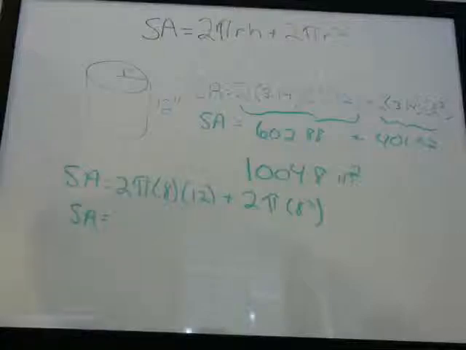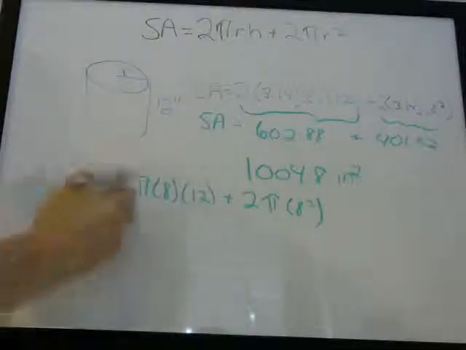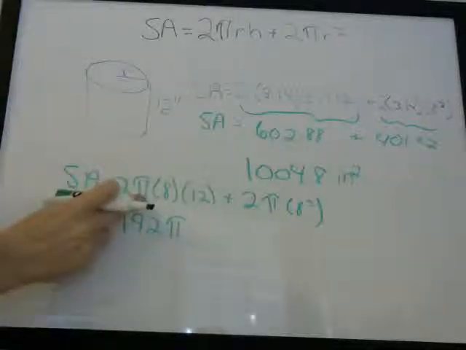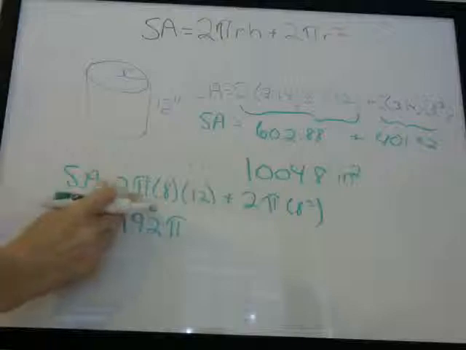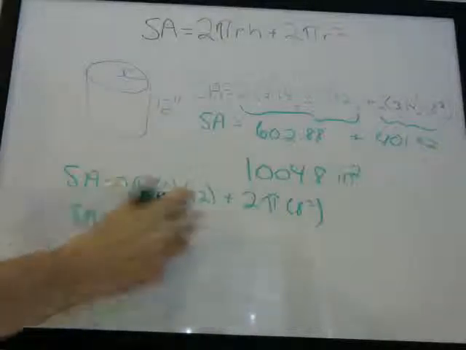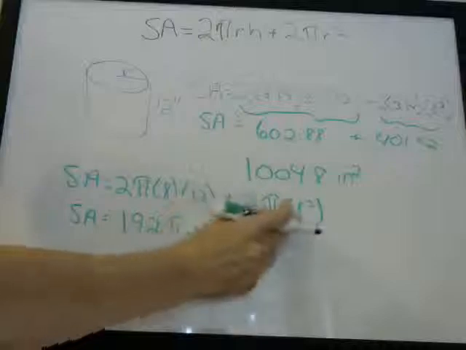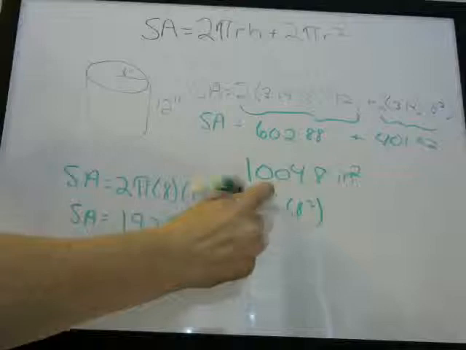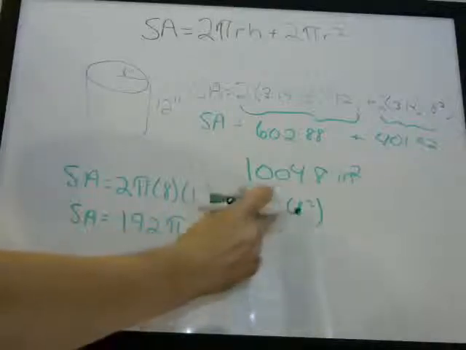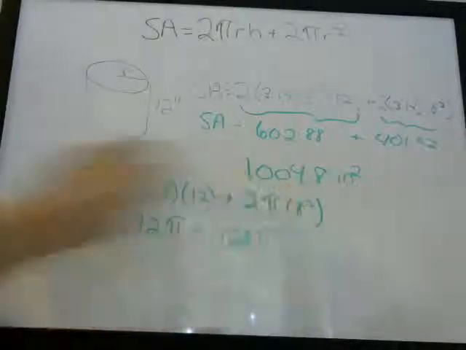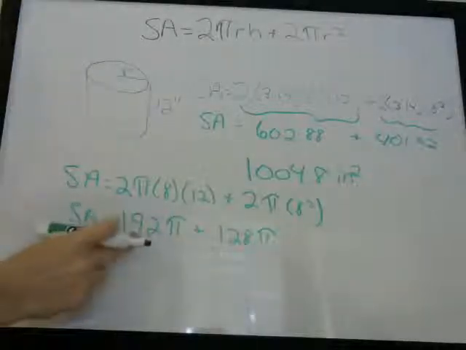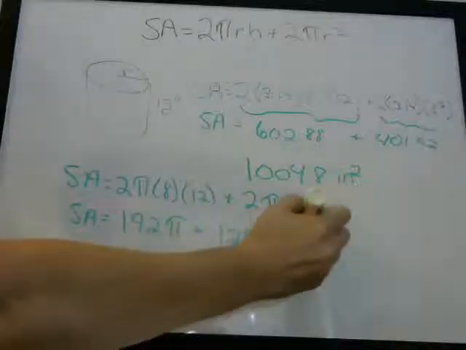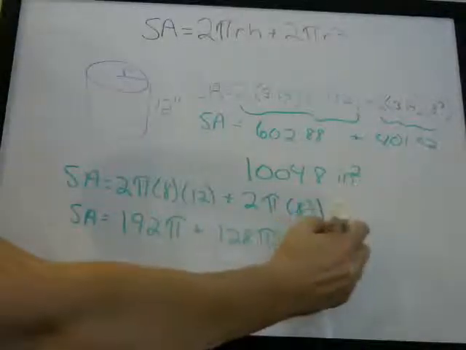If you put that into your calculator, 2 times 8 times 12 is 192, and then we leave the pi on there. So we just move it down. We multiply the numbers, but leave pi there. Plus, what's 2 times 8 times 8? So if you do 2 times 8 times 8, that is 128, and we leave the pi there. And to get your answer, you just add the numbers. So 192 plus 128 is going to give you 320